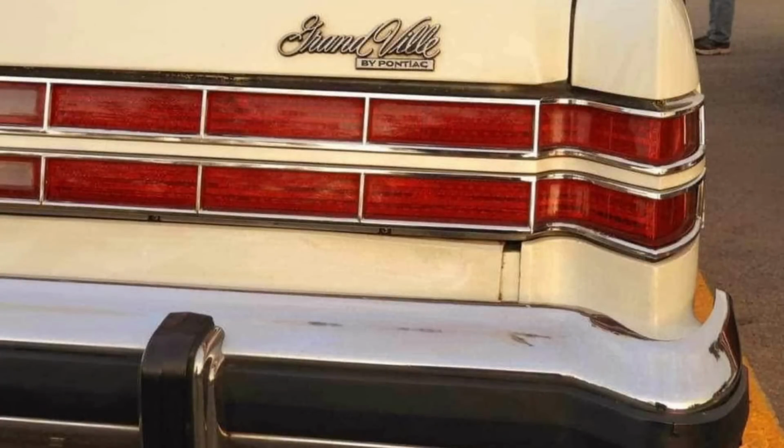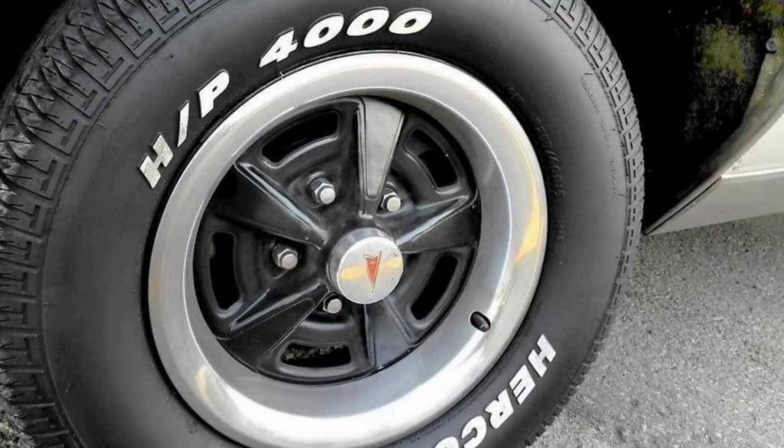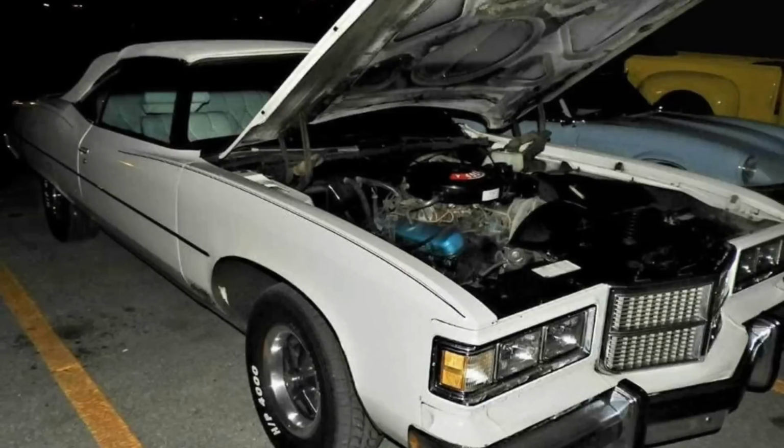With 91,000 miles, the car has been well cared for, never used in the winter, and always stored in a heated garage during the winter, showing great care in its maintenance. The paint, engine, and overall car are still in original condition, emphasizing that this car is very well preserved and